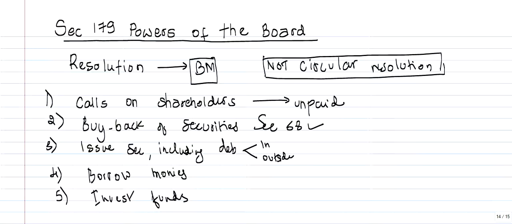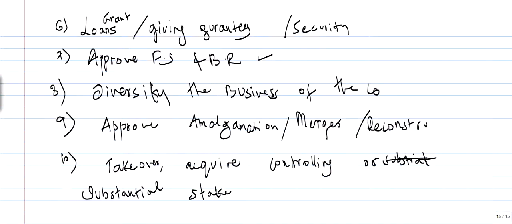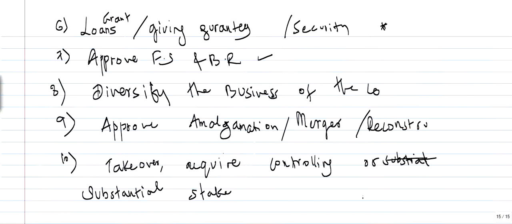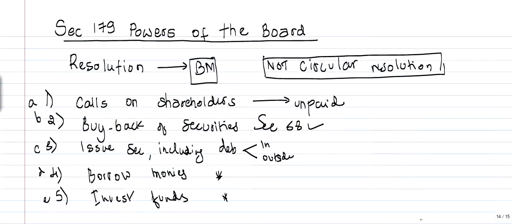But as for borrowing money, investment of the funds, and the grant of loans, these three points are mentioned in alphabets: A, B, C, D, E, F, G, H, I, J. So D, E, F